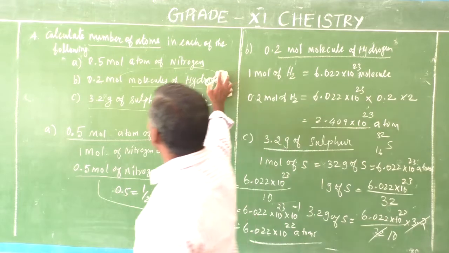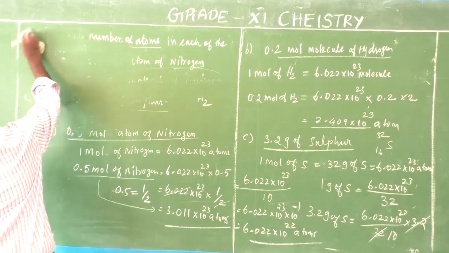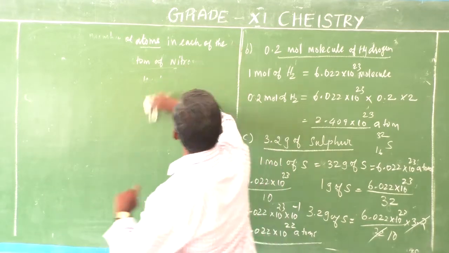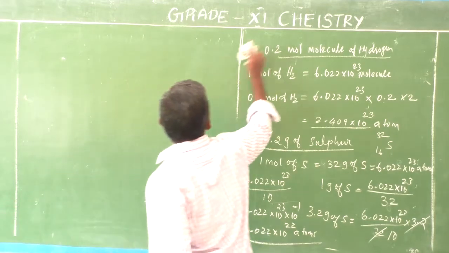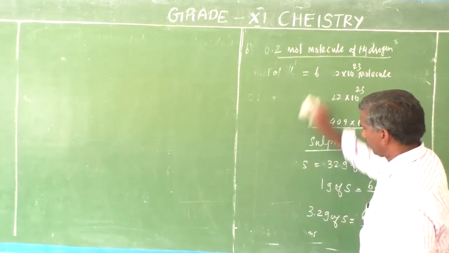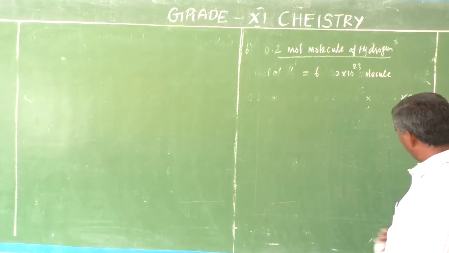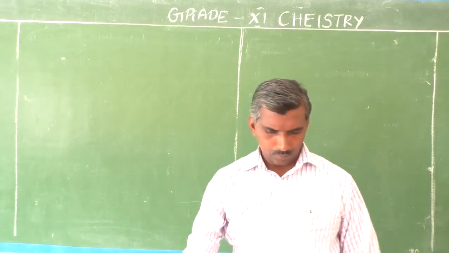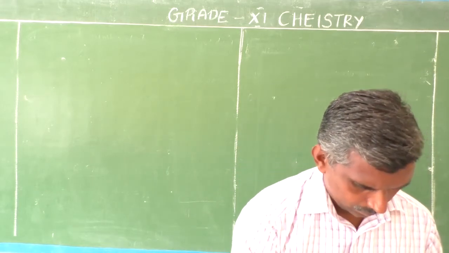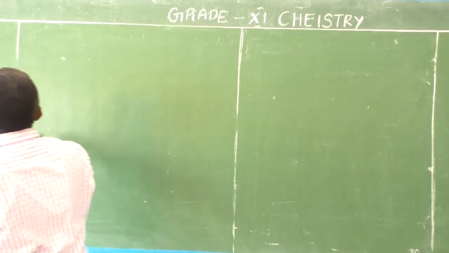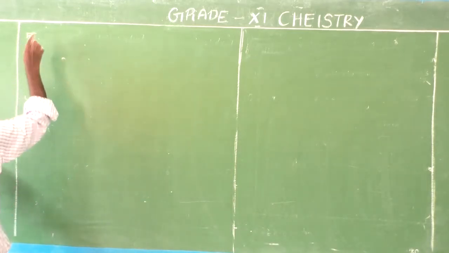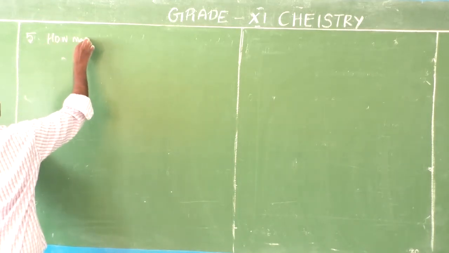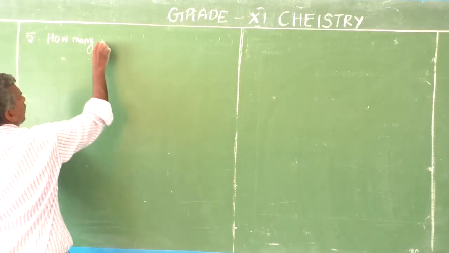Next question. This question is over. Next, fifth problem. Question number 5, problem number 5. How many moles of oxygen? Interesting topic, interesting problem. How many moles of oxygen